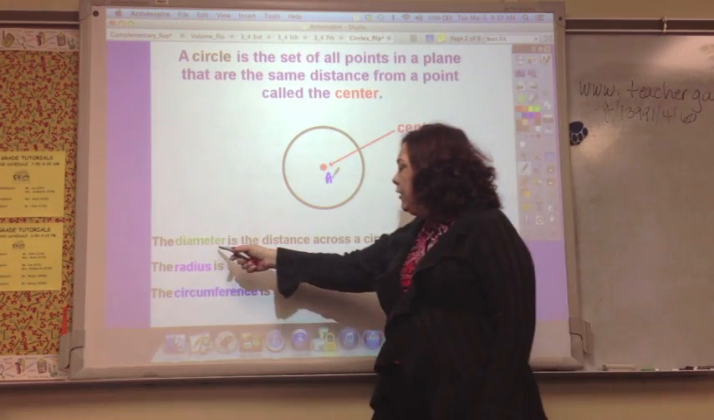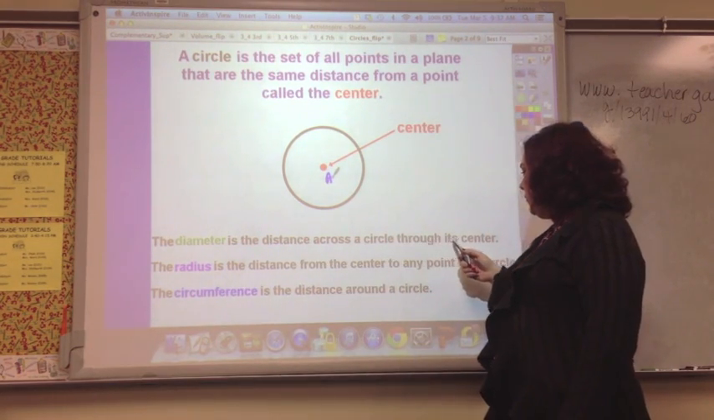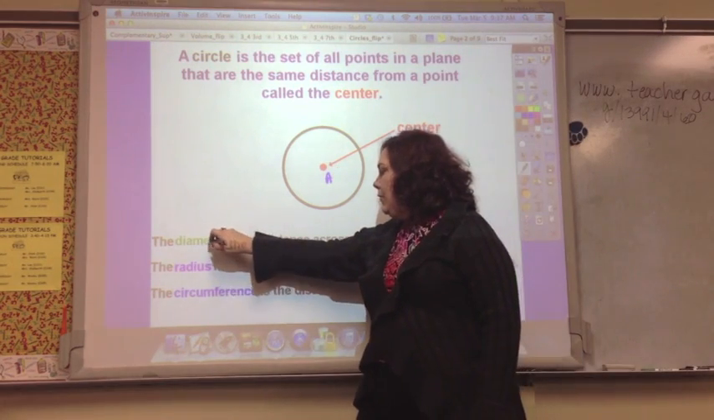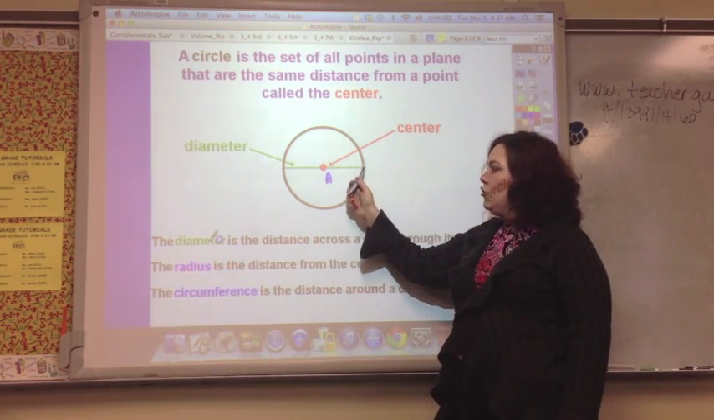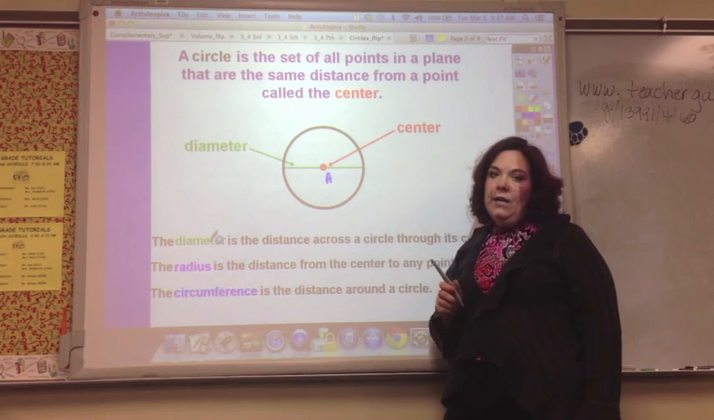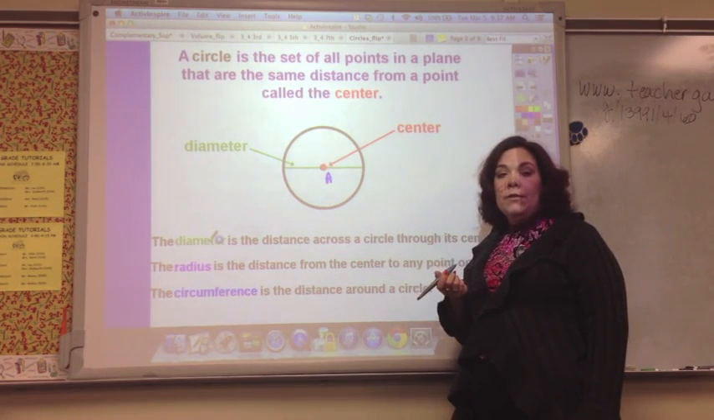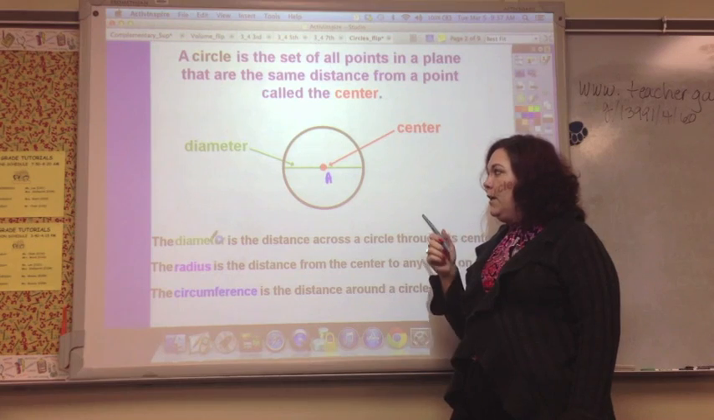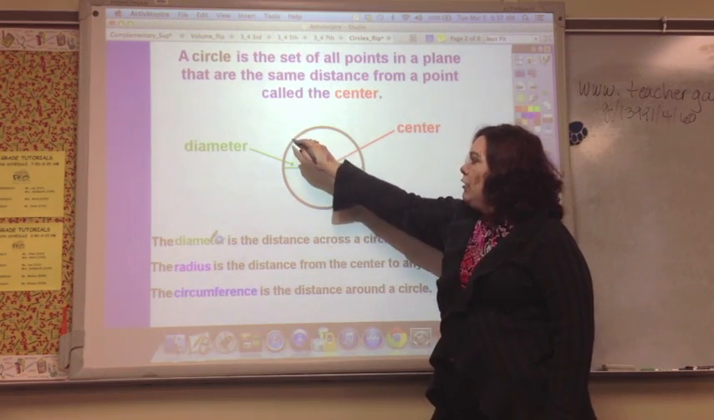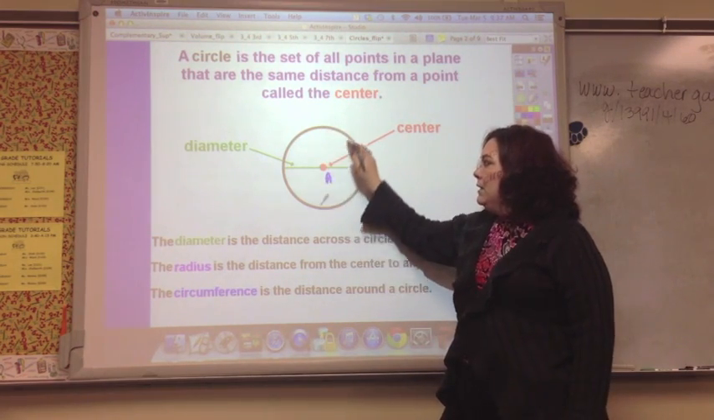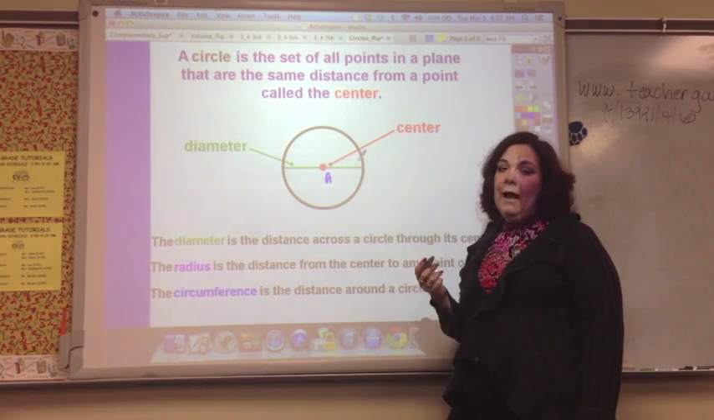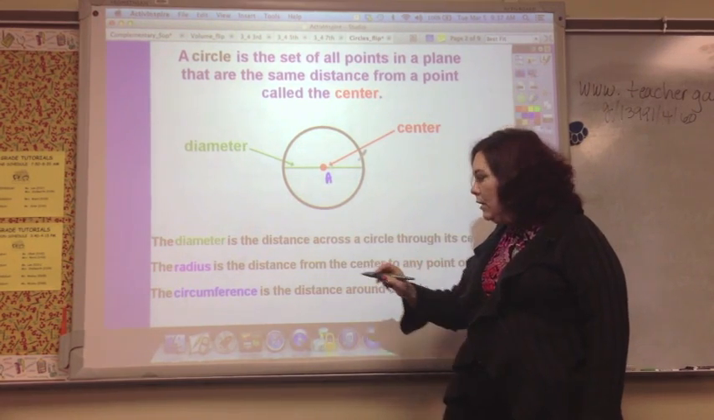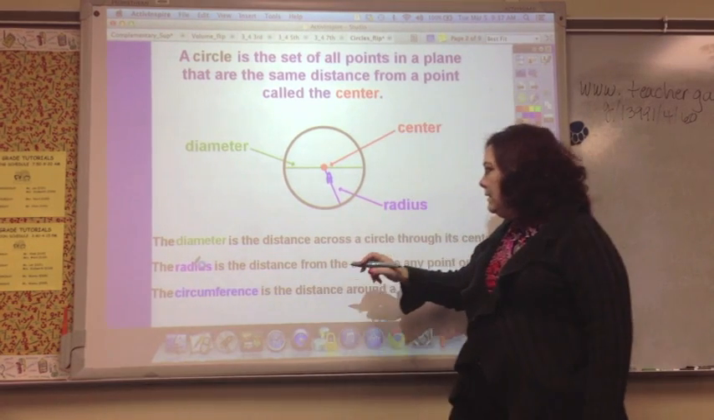The diameter is the distance across the circle through its center. So this is the diameter. It goes straight from side to side. Now, there might be other diameters. There are many other diameters on the circle. As long as I could draw a straight line side to side going through the center, that would be a diameter. And then a radius is